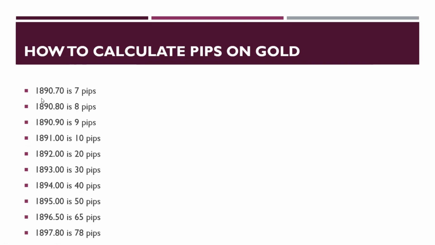Now let's see something a bit different. I want you to pay close attention. Now see, 1890.70, right? So 0.7 is what we are looking at, which is 7 pips. 1890.90 is what? 9 pips. Now see, as this is 0.90, if you increase it by, let's see,